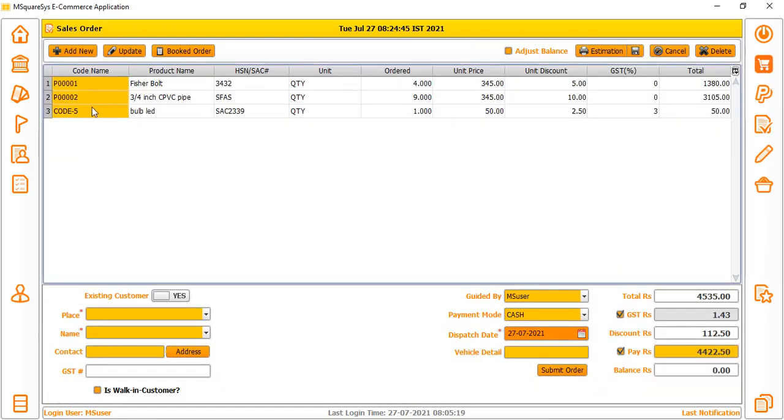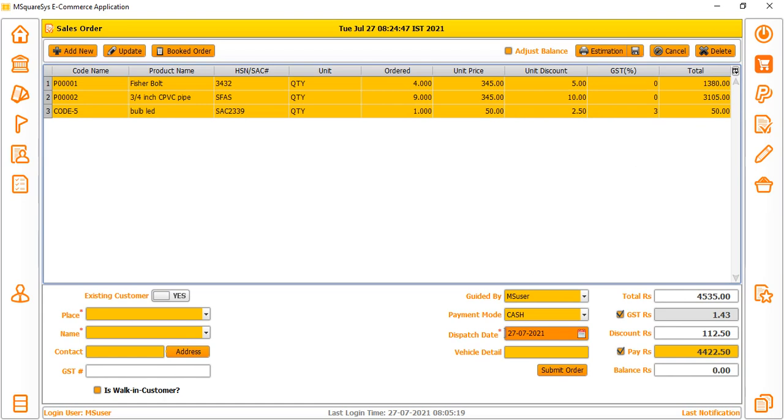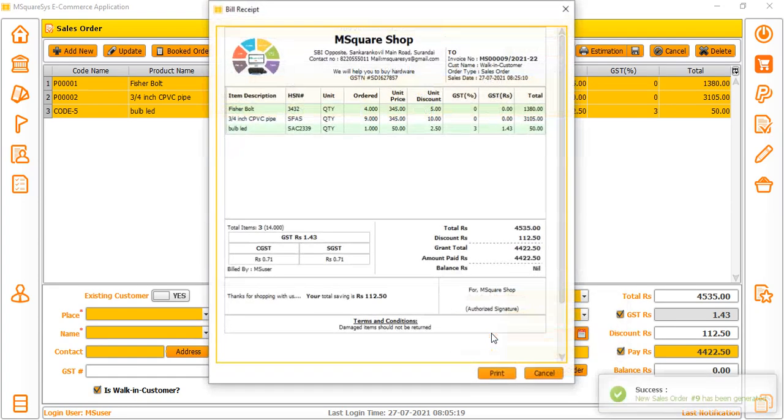Next, sales card. These are the three items we added. Now you are the cashier, the one who created the bill, so that information will come. So the list of users, whoever is registered in the software as a user for making the bill, those user details will be present here. Now I am making the order to the walking customer. Once this walking customer is done, you can print it.